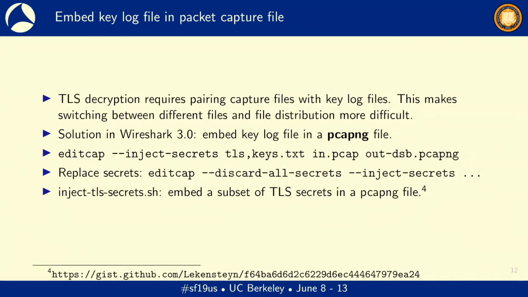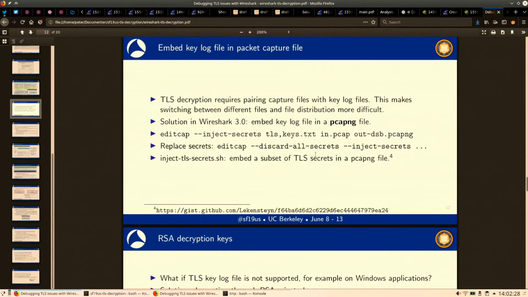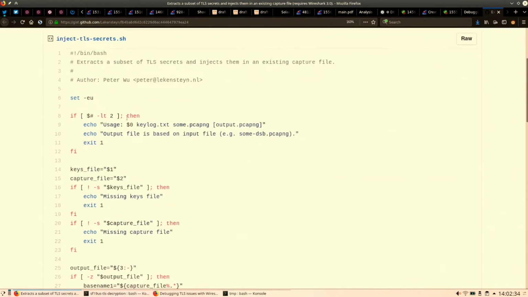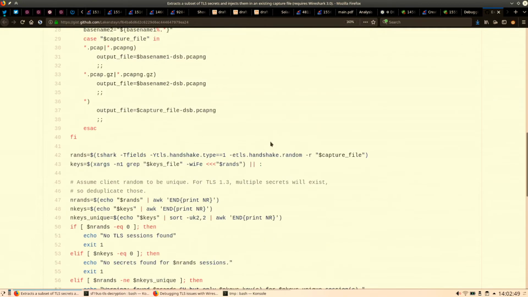So let me put it in a different way. What I would do is try to reduce this keylog file to the bare minimum that's actually needed for decryption, and that's what this inject TLS secrets script does. You call it with the original keylog file, the input file, and an output file. If you omit the output file, it will infer a name like som-dsp.pcapng. And under the hood, it uses TShark to extract only matching client hello messages and extract the random